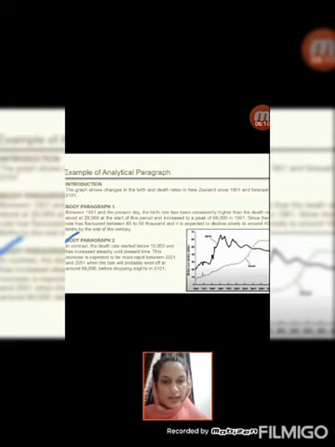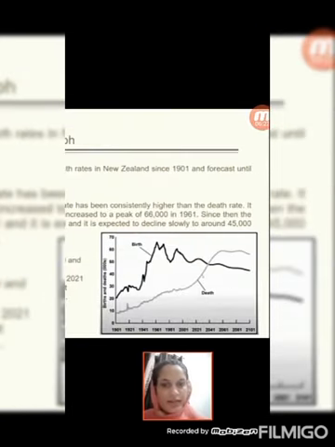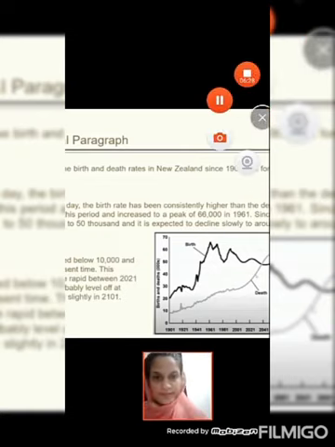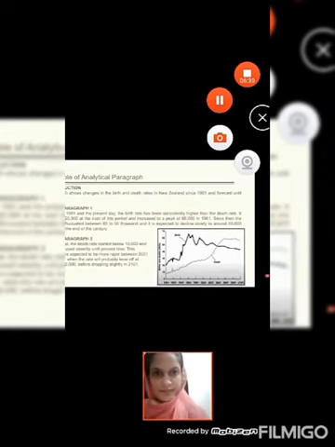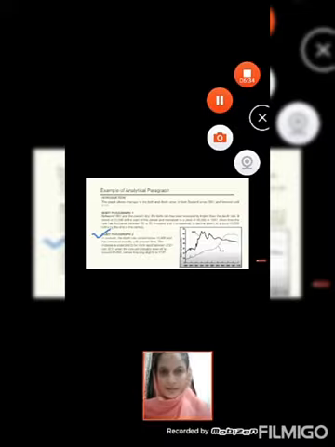As we said that death rate will overtake the birth rate in around 2041, and it will reverse at the end of the century, like at 2001 it will be reversed. So this was our